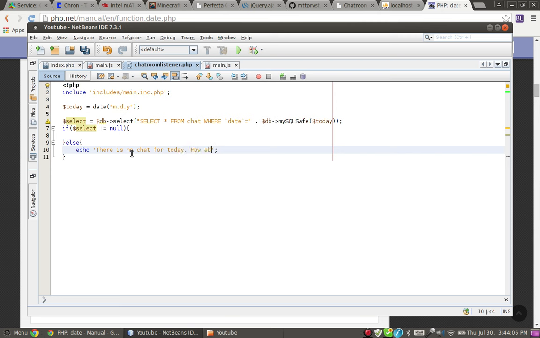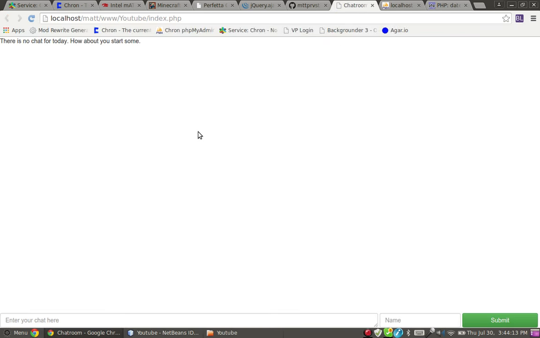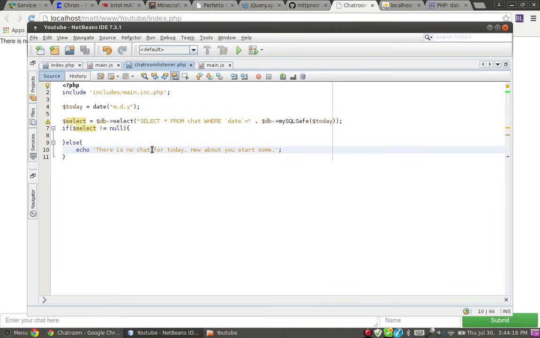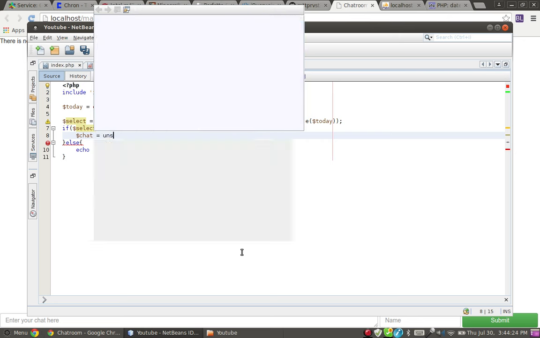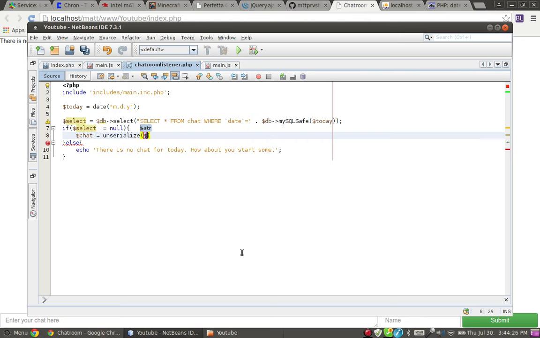How about you start some? So if we come here, there's no chat for today. How about you start some? But here we do $chat equals unserialize $select 0. This is the row that you want. Chat. So that unserializes the chat,